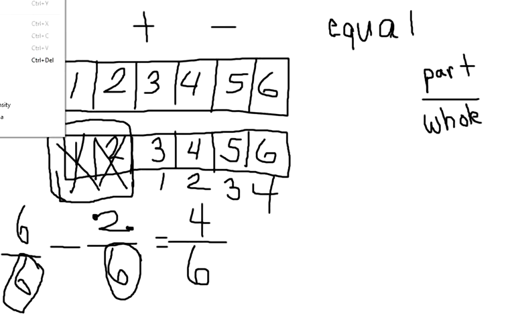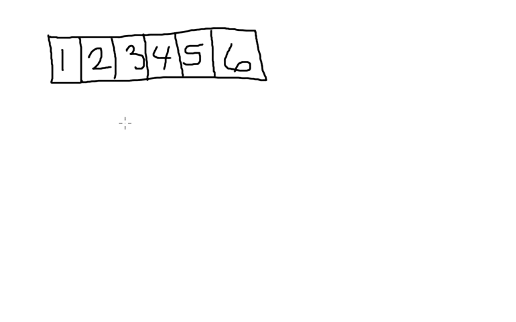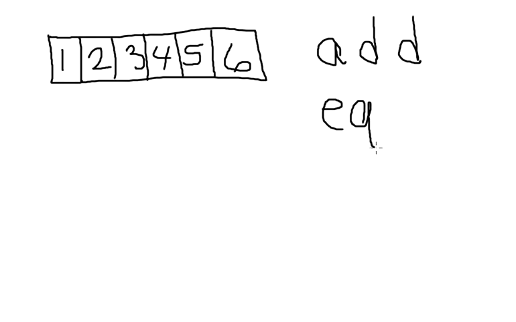Now let's look a little bit at the addition. So with the adding, we're going to look again at the candy bar concept, and we're going to divide the candy bar into equal pieces. So we've got 1, 2, 3, 4, 5, 6 pieces. Now, even whenever we are adding fractions, we still have to keep in mind that we need things to be equal. Things being equal is very important to the concept of fractions